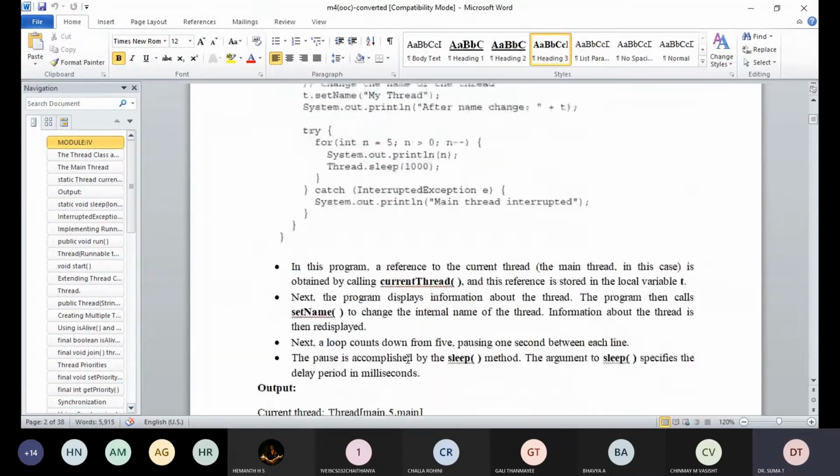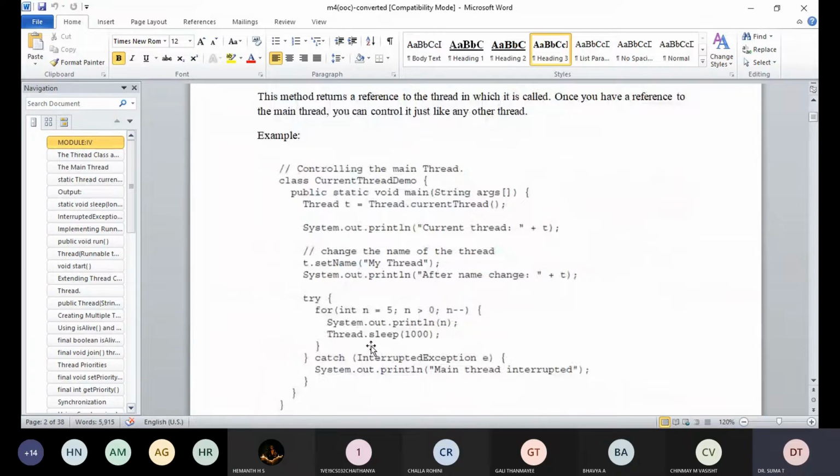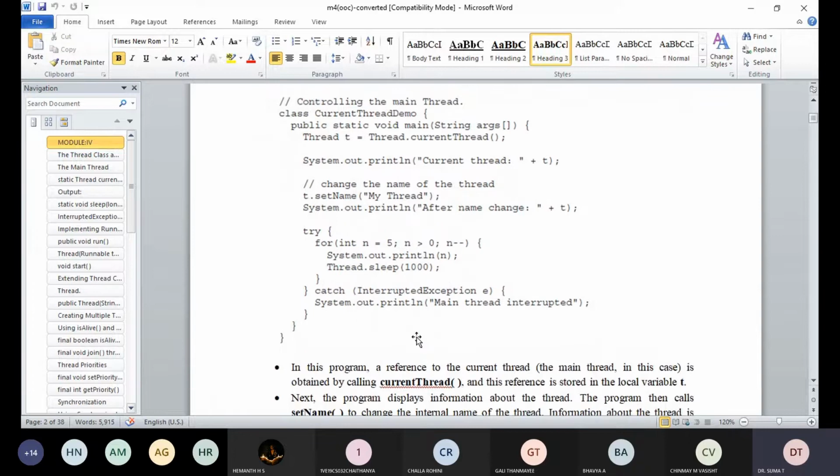In that previous example, we have given Thread.sleep(1000). Because sleep is one method which is defined in the Thread class, that's why we use Thread.sleep. Since sleep belongs to that class, that is the reason we access sleep without a thread object.